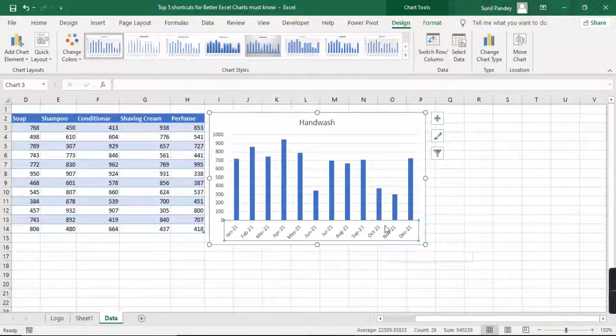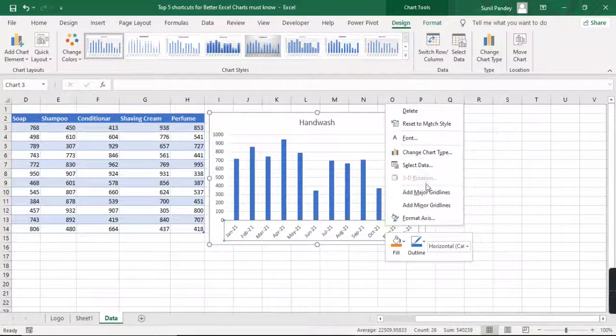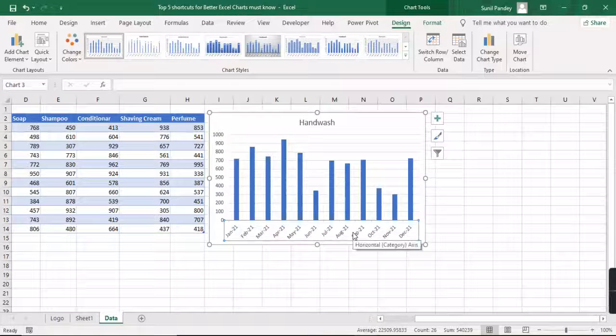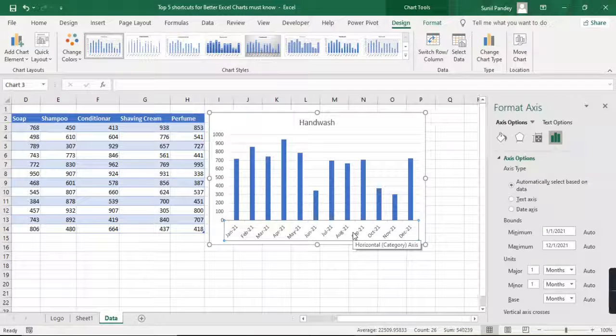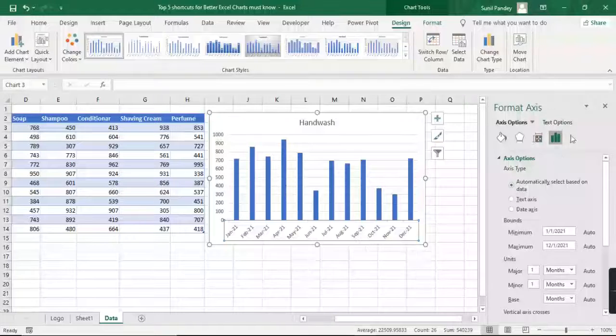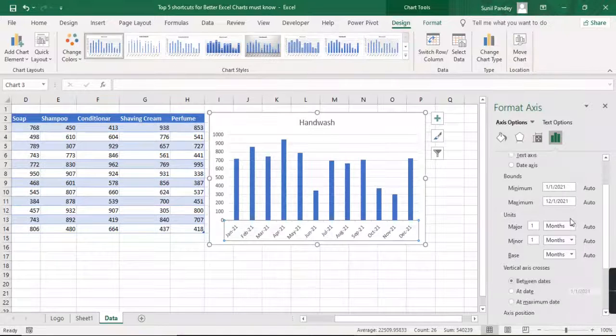So rather than doing right click and doing the formatting, you just press Ctrl plus 1. So there is one box coming over here, and from here you can format a chart.